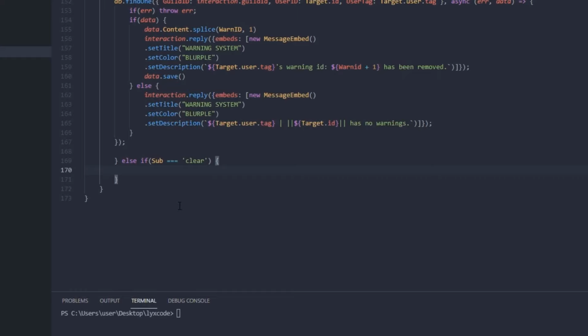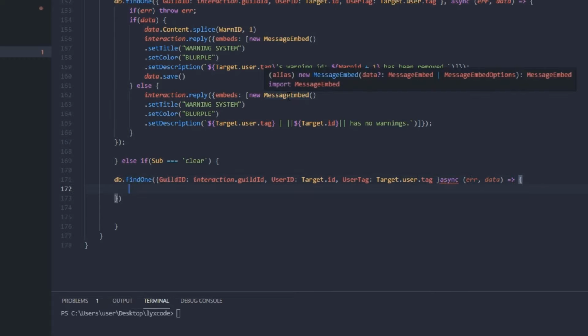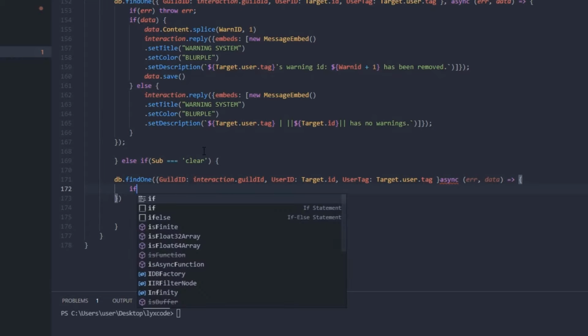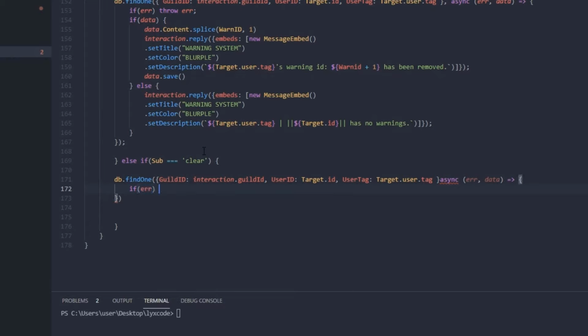And now here we're gonna do the clear command. So it's pretty simple. Let's go down a couple more lines. We're gonna type db.findOne. Same repetitive action. We're gonna also async error data. And don't worry guys, we might have written a couple of mistakes here. We're gonna check them over whenever we try to run our command. So we're gonna type the same. If you find an error, we're gonna throw that error,